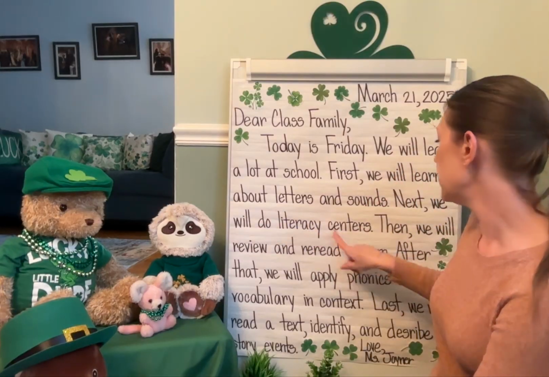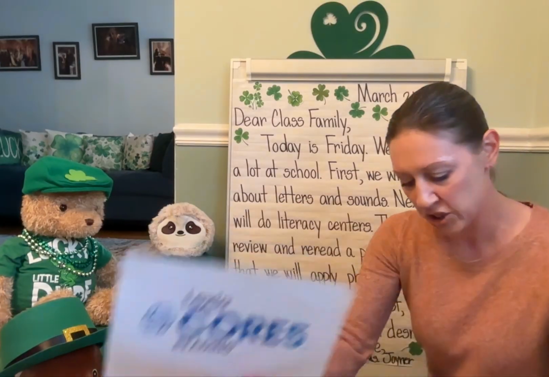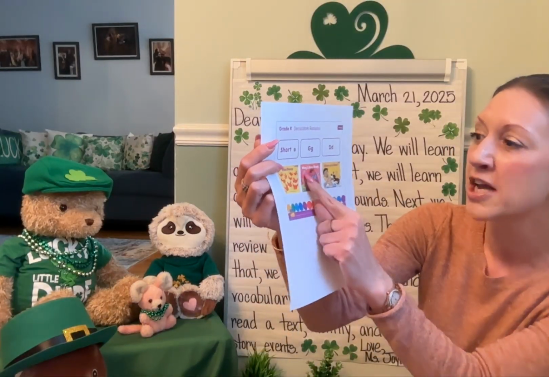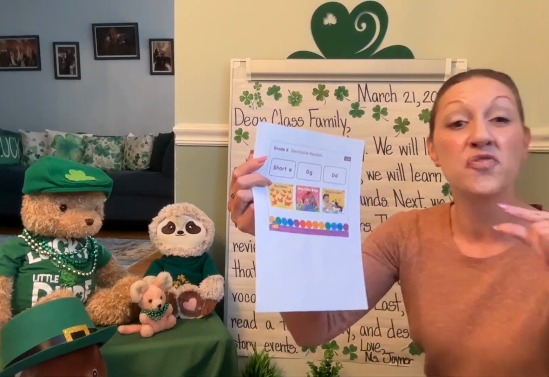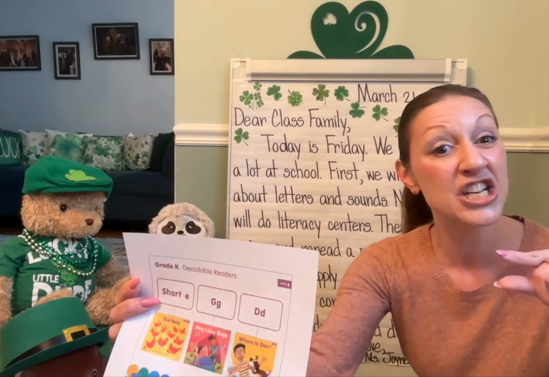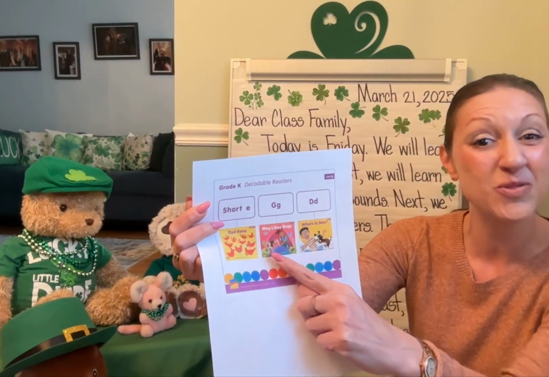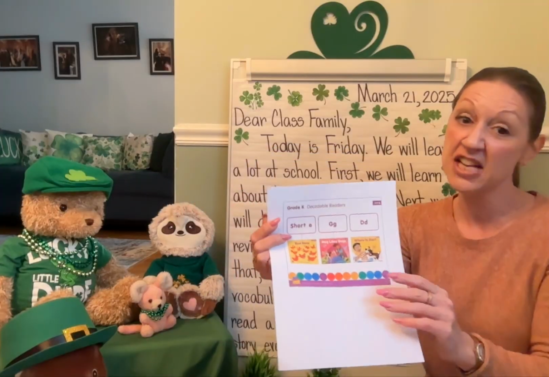Next, we will do literacy centers. We'll go on Lexia Core 5 reading program on your iPads, pass more units, pump your brains with knowledge. You're also going to be meeting in a group with me to look at the decodable text, Meg Likes Bugs, focusing on the letter G like gorilla. We're going to be working on this text in small group.